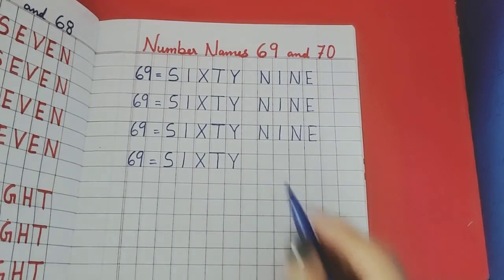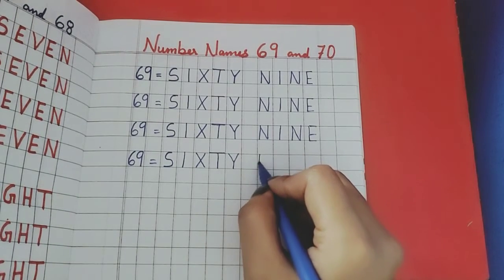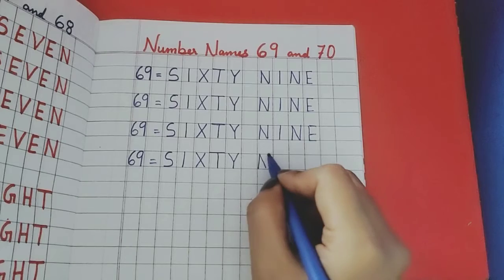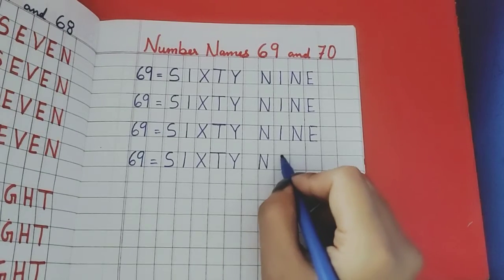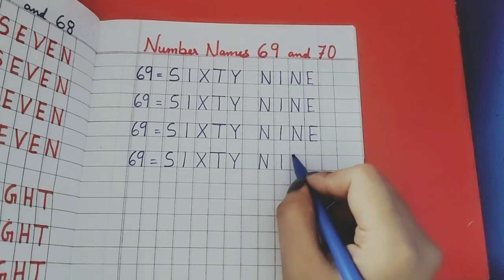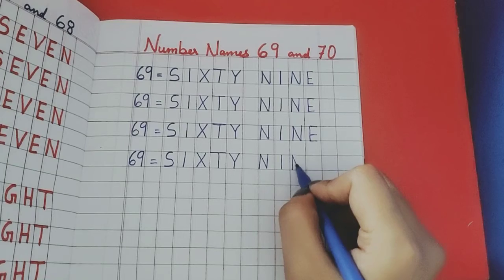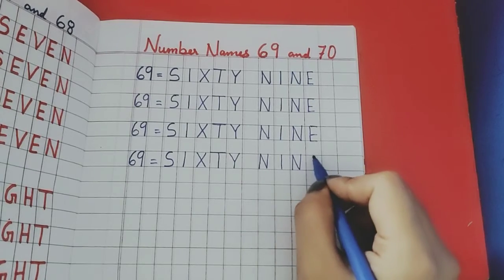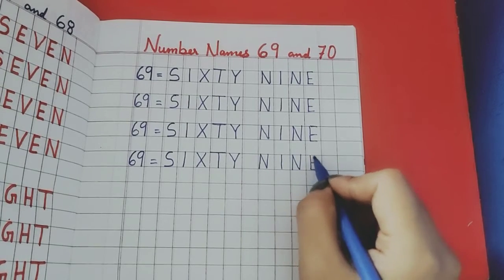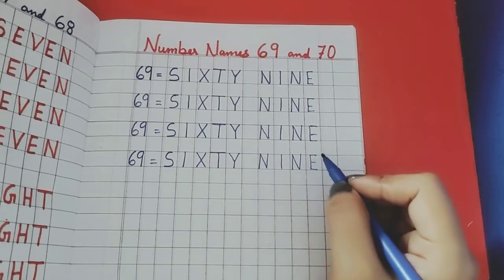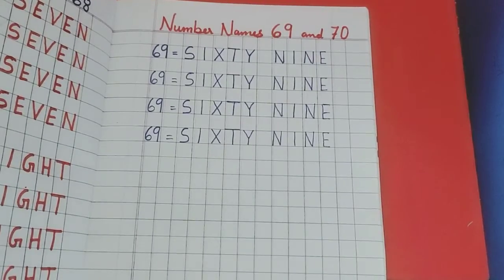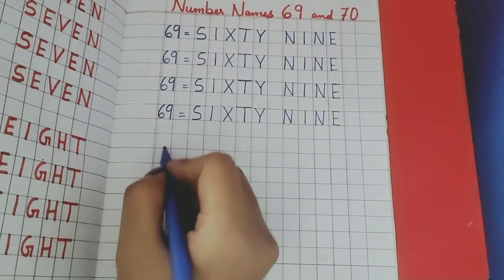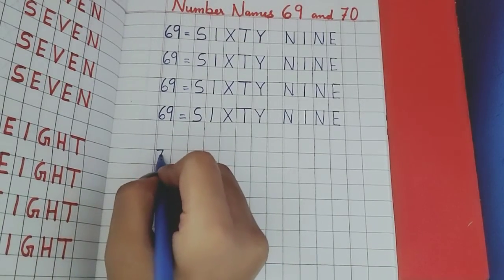Very good. Now spell out the spelling of 9. N I N E, 9. 69. Very good. Now after 69 comes 7